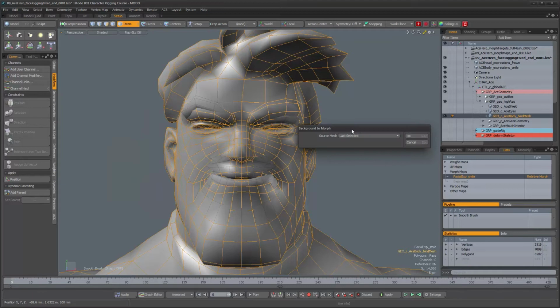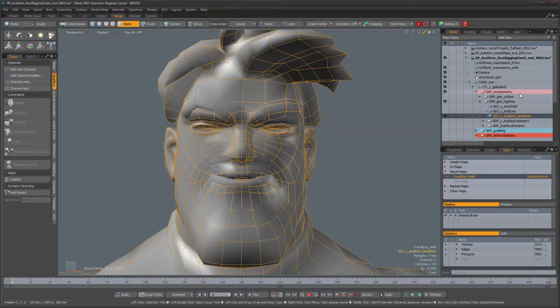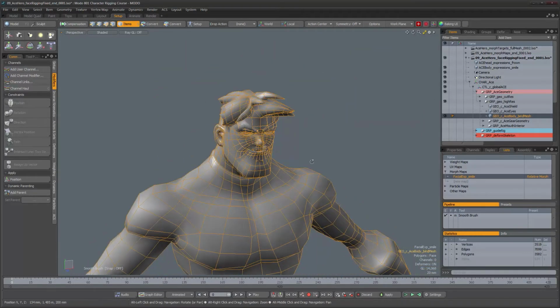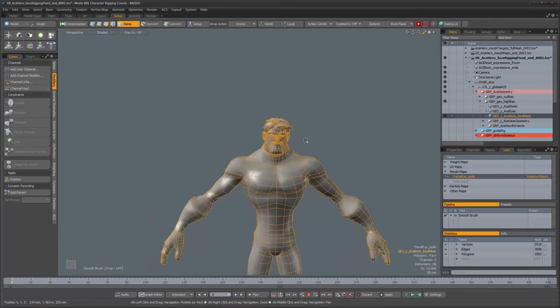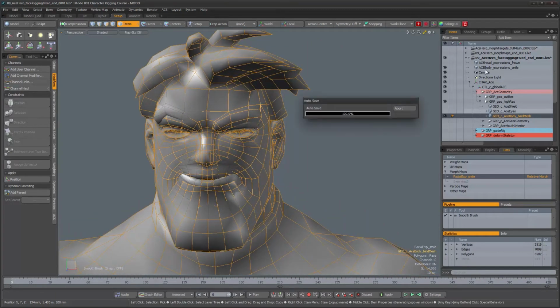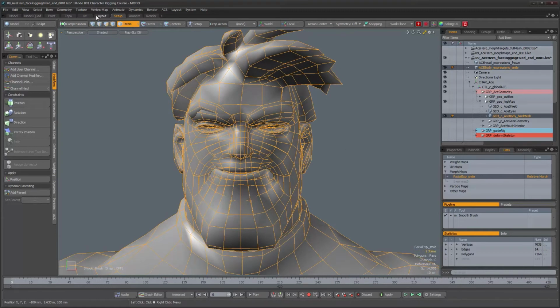So all you do is you can leave it at background, or if you're unsure of which mesh to use, because you have several meshes in your setup workspace, you can control select the one that you are going to transfer, in this case my smile mesh,